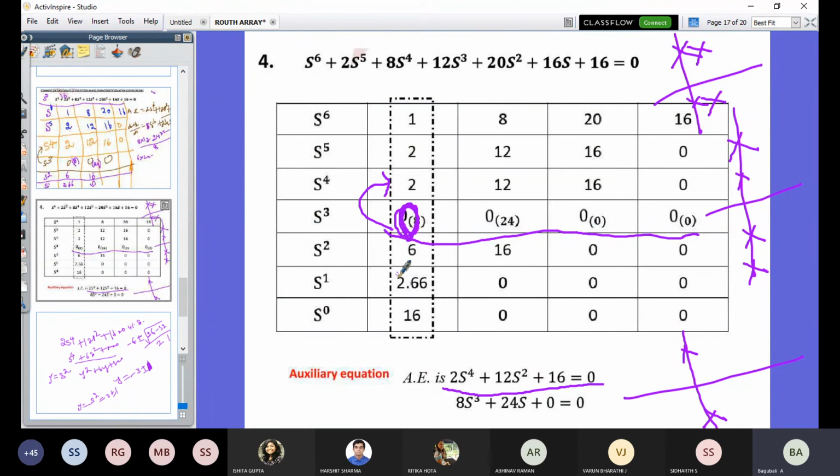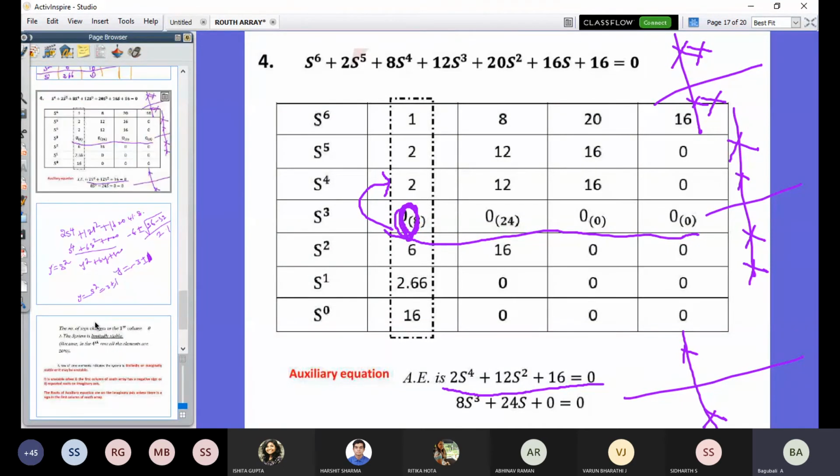Suppose no sign changes are predicted. But in our second problem we had a sign change, that's why we directly wrote that the system is unstable. But here we cannot determine that it is unstable. We have to determine the location of the roots, and only then can we conclude the system stability. Is it clear, dear? All of you? Any doubt?